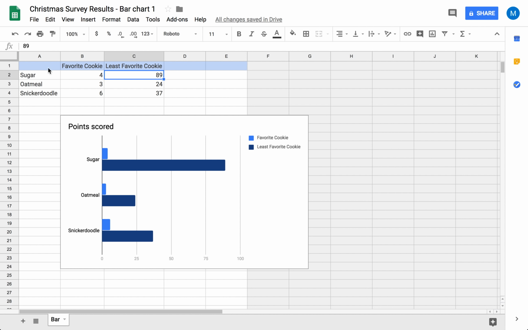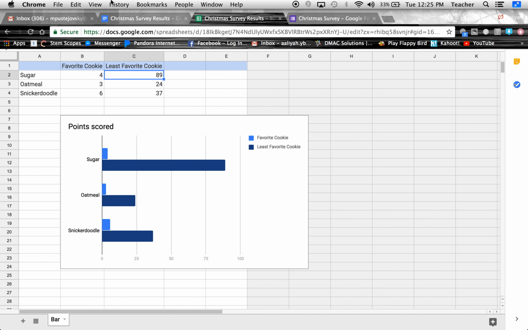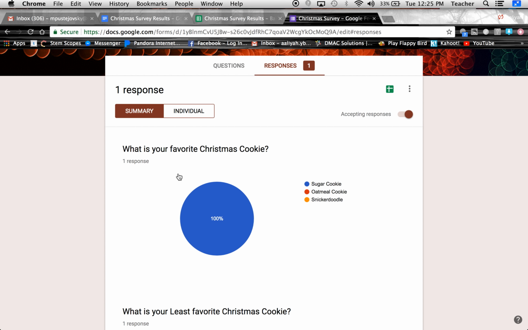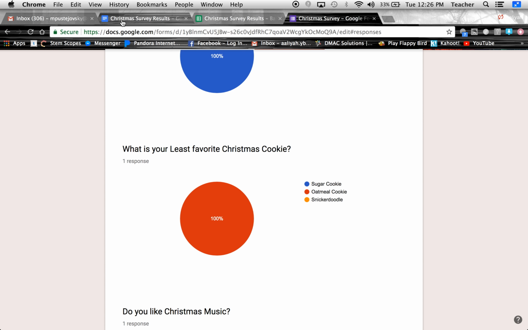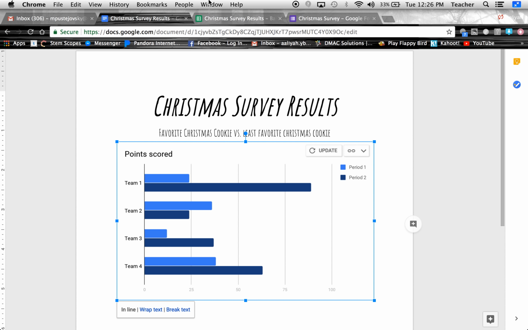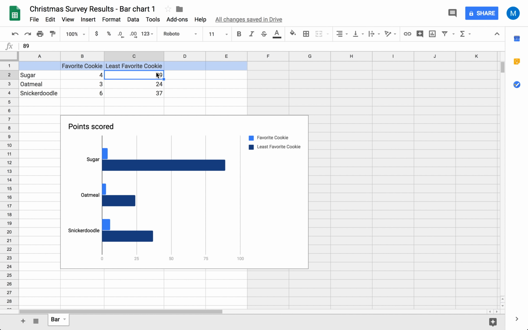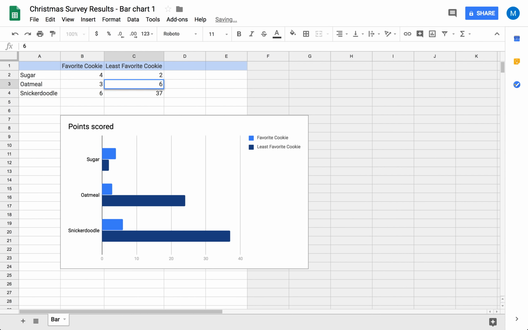All right, welcome back. So you've added in your data for your favorite cookie. Now you need to do the same for least favorite. Okay, so scroll down to least favorite. I have 1 vote for oatmeal. Okay, and I'm going to fabricate my data here. So I'm going to say 2 people like sugar the least, 6 like oatmeal the least, and 1 likes